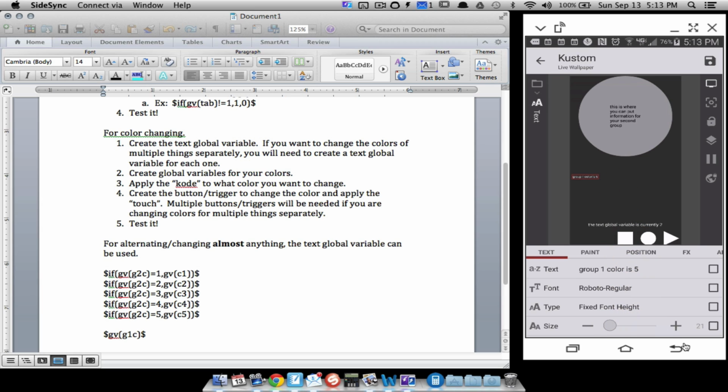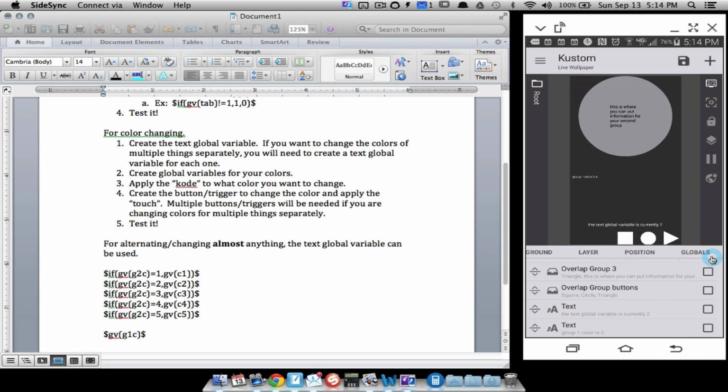Okay. Now let's apply touch to this one, because remember we're changing each color separately. This is going to show us what group 1 color is. I'm guessing group 1 color is 5. Global variable group 1 color, was it 5? I don't remember. Let's look and see. Group 1 color is 5,